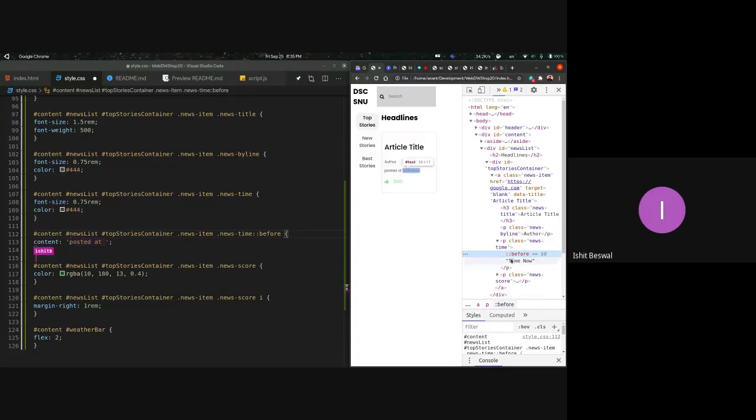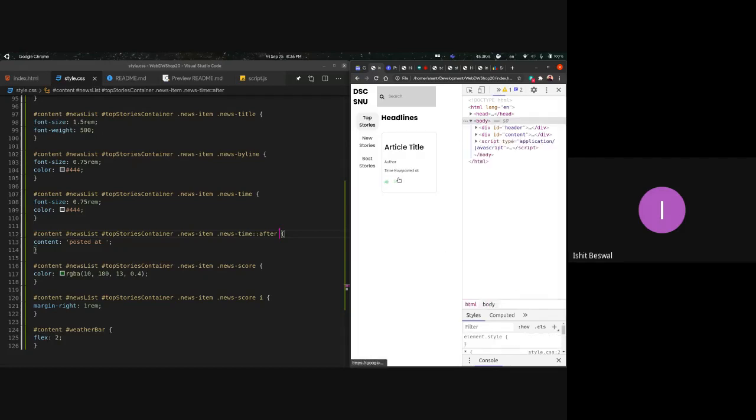So it's actually showing the content on the web page before my HTML element. Similarly, there is another pseudo selector called after. And if instead of before I do it after, you might notice that the posted at will appear after the time now.